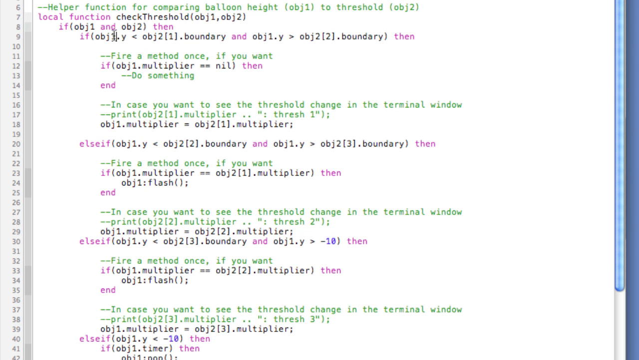Okay, and each branch is checking a threshold. The first branch has logic that checks for the balloon being between the boundary of the first threshold and the second. Then the second branch is between the second and third boundaries. The third is between the third boundary and 10 pixels off screen. That's off the top of the screen, so -10. And then the fourth boundary, or the fourth branch rather, is if the balloon passes this -10 pixels, then we're